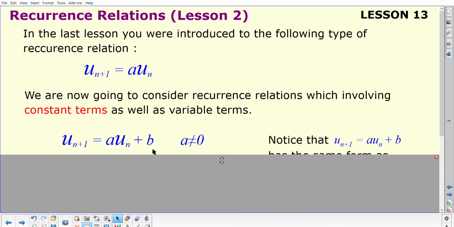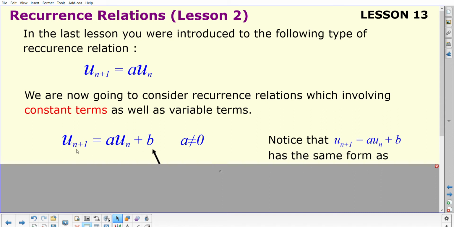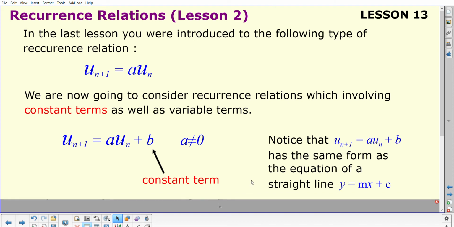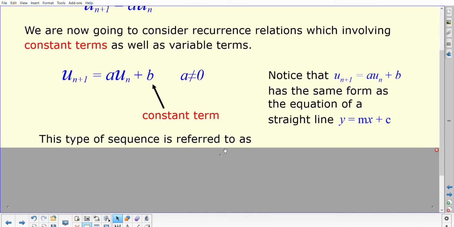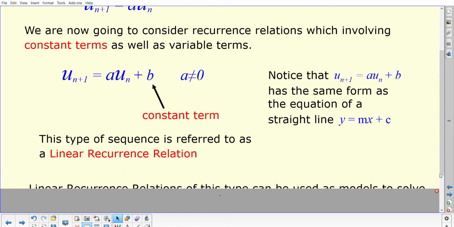and then it can sometimes be a minus as well, plus or minus a number onto the end of that. I'm saying here, notice that actually that kind of format where you've got a number times a variable plus a constant, it's very similar to the straight line equation, y equals mx plus c. So for that reason, you will see that we refer to these types of sequences that we generate from this as linear recurrence relations. And there's lots and lots of